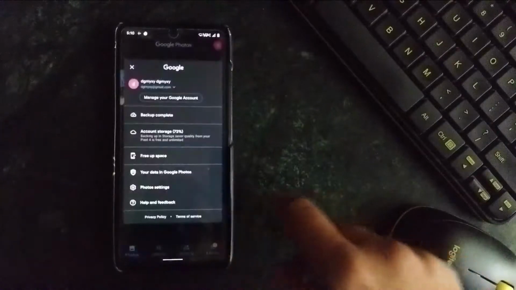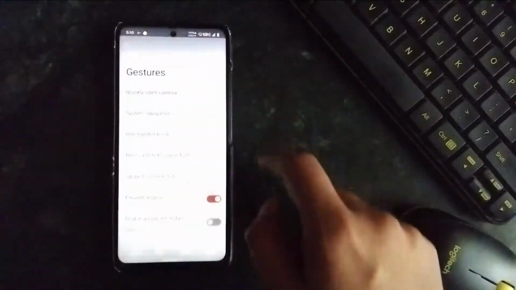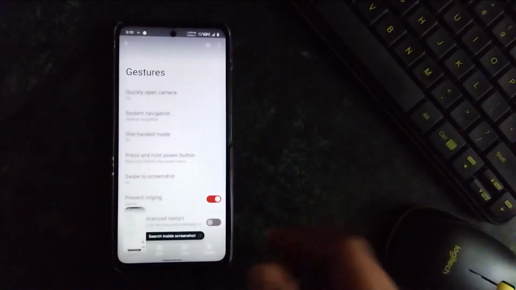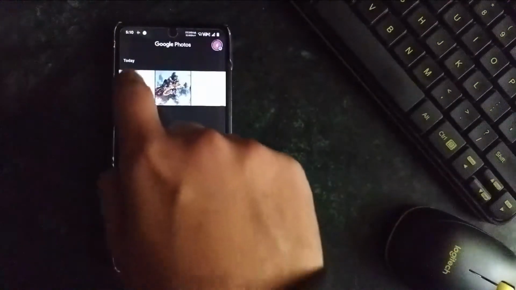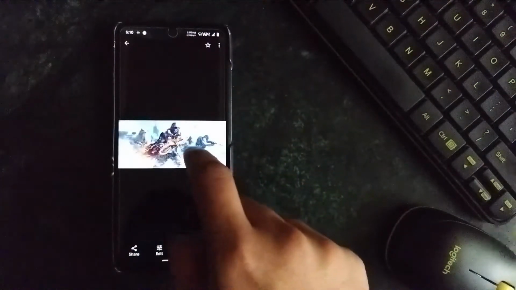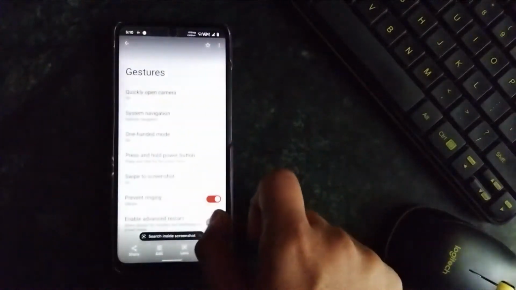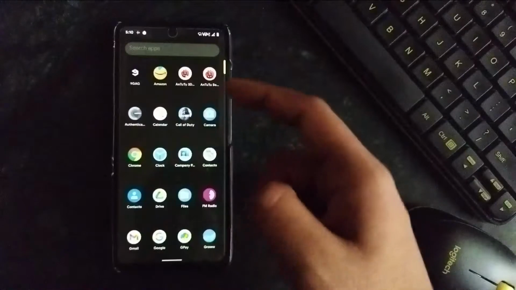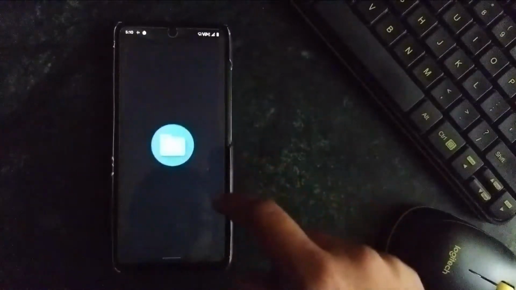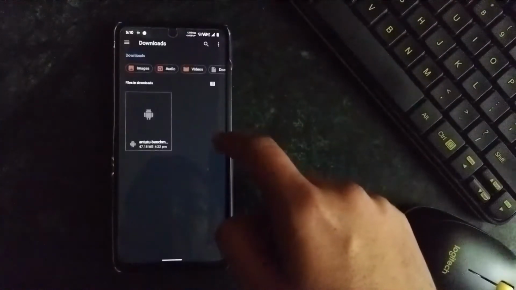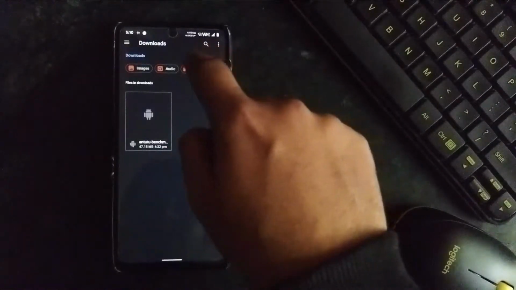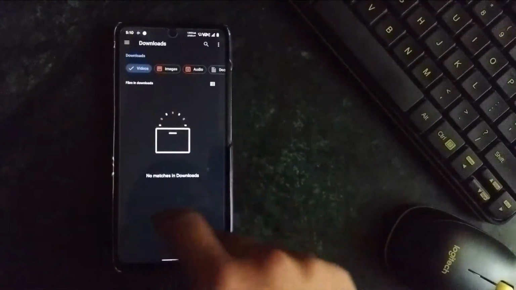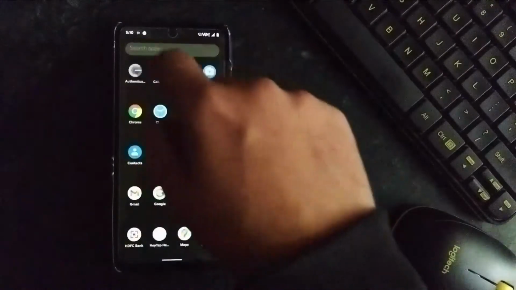Let me also show you the game recording also. But first, there is swipe screenshot is there. Hundred mode is also there, and yeah, you can find that over there. But yeah, regarding that, I'll show you the screen recording. Let me go to the file section. Gallery is not present, as you know. Yeah, this is the download section. Let me go to the recent one.